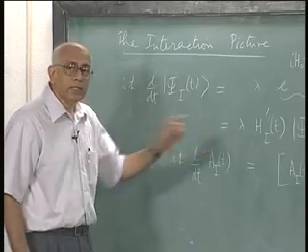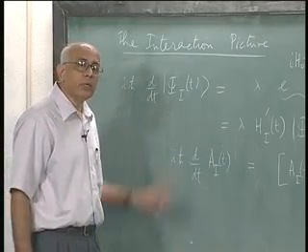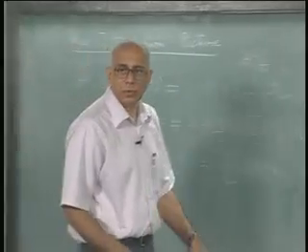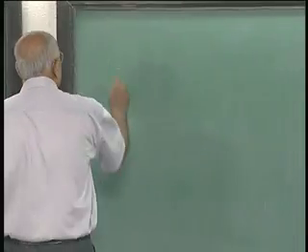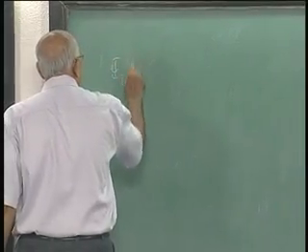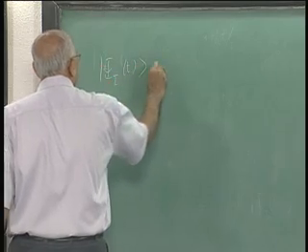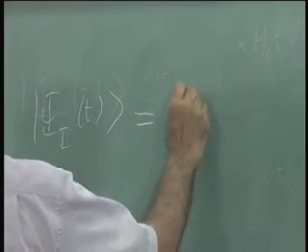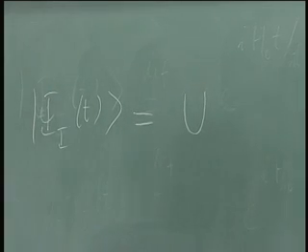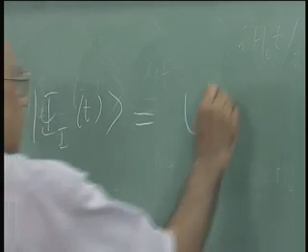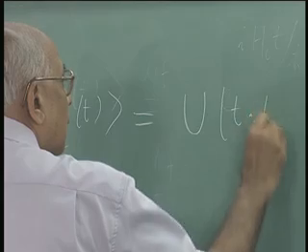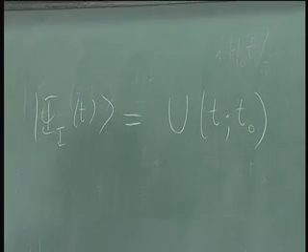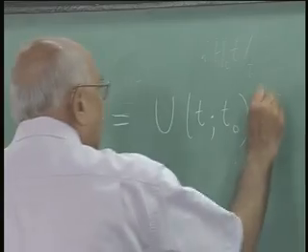This becomes an initial value problem and you could try to solve this initial value problem by systematic expansion as follows. So let us write psi I of t equal to some unitary time evolution operator u of t given some initial value, some initial state vector at t0 acting on psi I